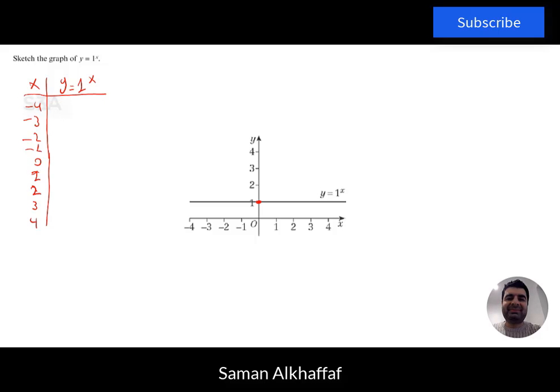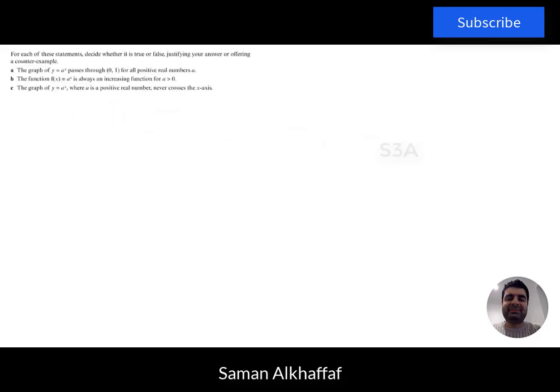In this example, for each of these statements, decide whether it is true or false, justifying your answer or offering a counter example. Part A: the graph of y equals a to the x passes through (0, 1) for all positive real numbers. So for part A, this is true because